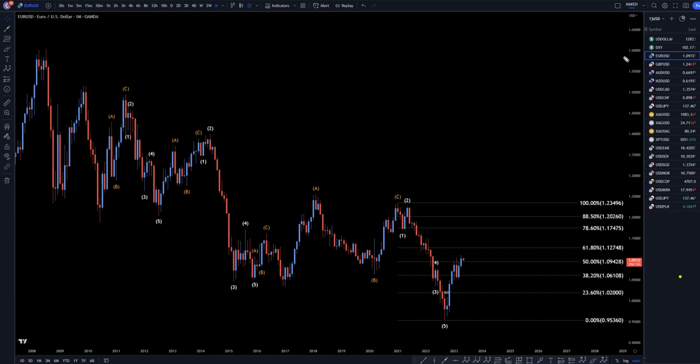I'm going to be analyzing the US dollar starting on the monthly, working my way down to the 1 hour